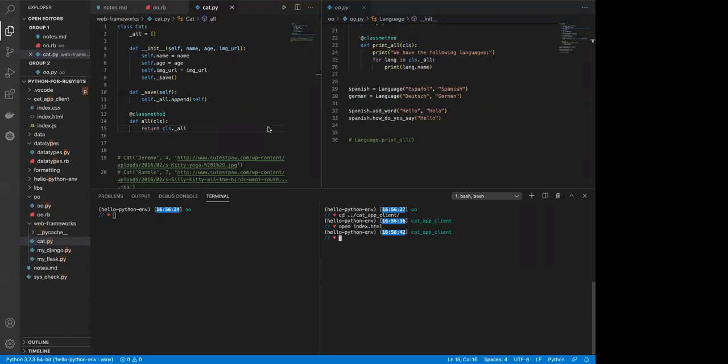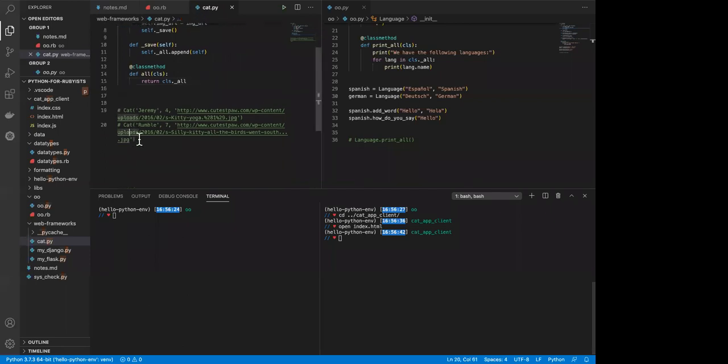So for the purpose of testing, because I don't have a database to keep pulling up and actually saving this data, I'm going to seed it, if you like, with 2 cats here. So we do always have something ready to go for us. And